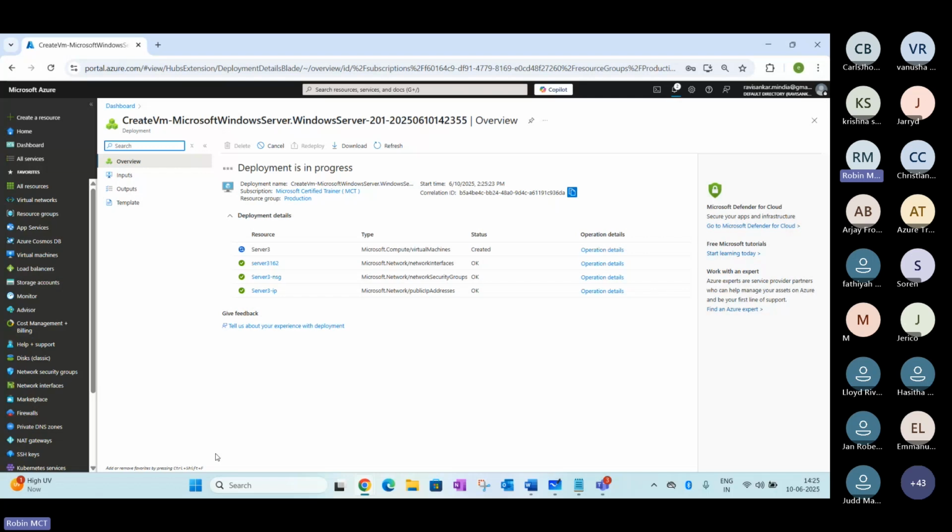You can see the creation of the second VM in a different subnet. It's in progress here.